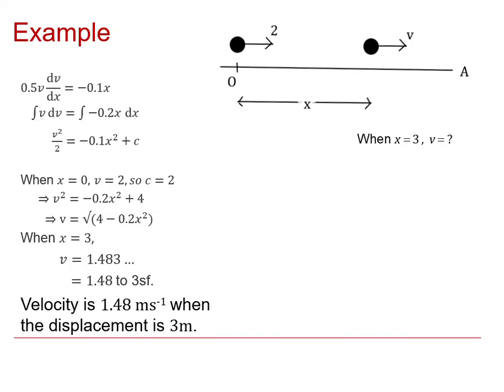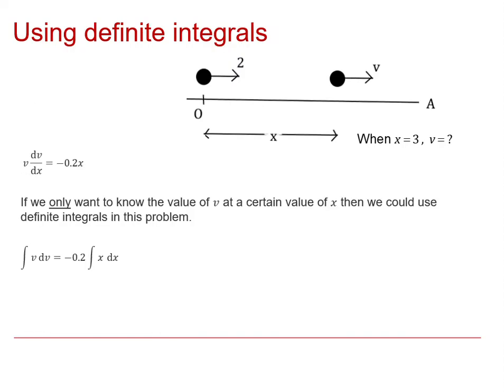But let's just think a bit further about where this could go to. We started with the equation v dv by dx is equal to minus 0.2x, and we integrated it. The first step was to separate the variables, expressing it in that integral form, and that's what I used to work out. But you could also do it by definite integrals, because if we say let the value of velocity that we're interested in be v0,